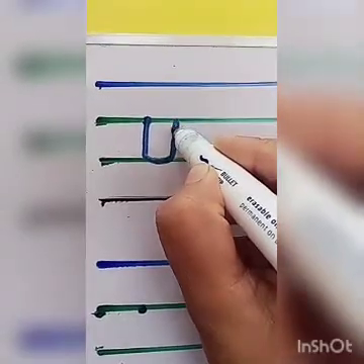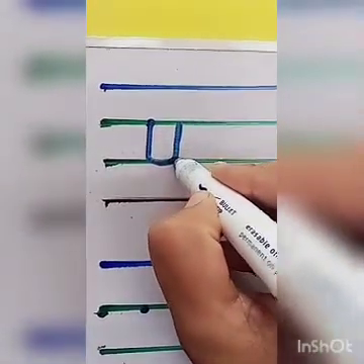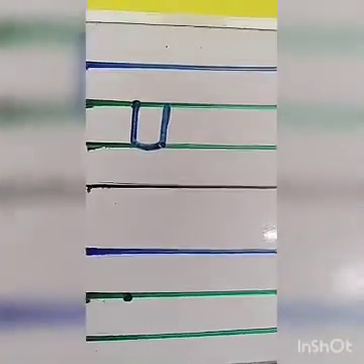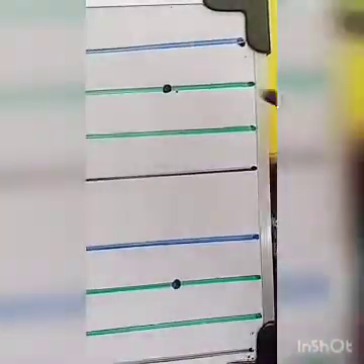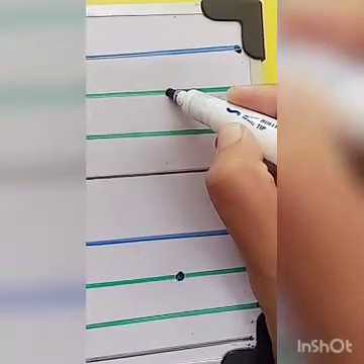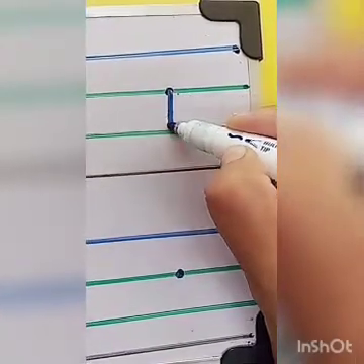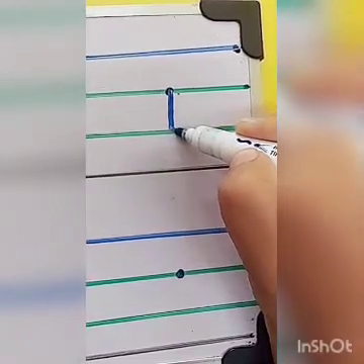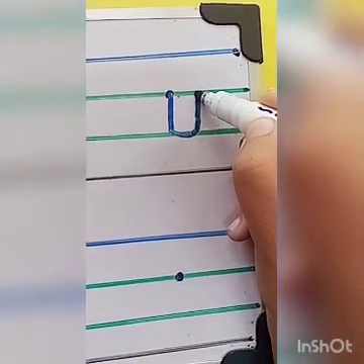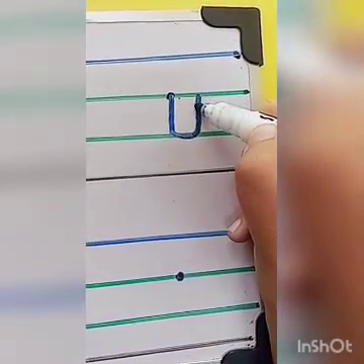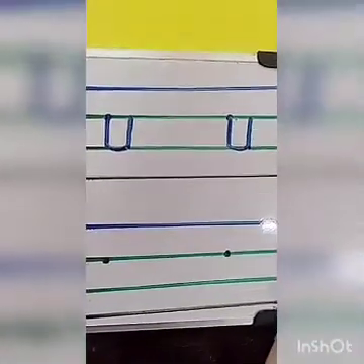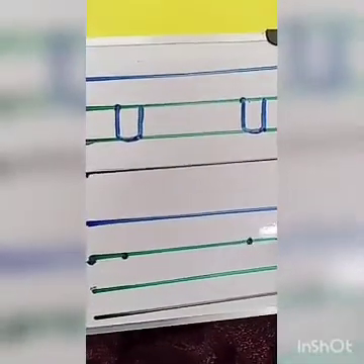Line, come down and touch the line. See, I made it. It's a. Now, in the same manner, you have to make all the a over here. Start, come down, stop, touch the line and turn, go up, stop, touch the line, again come down and touch the line. You have to write a in a proper way by touching the lines.